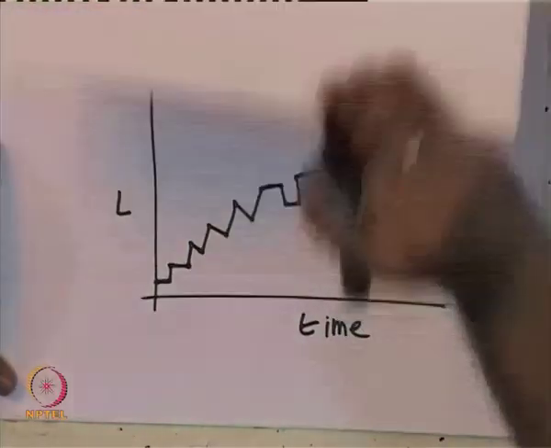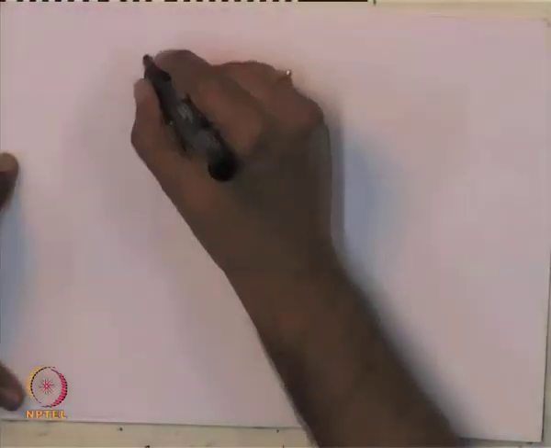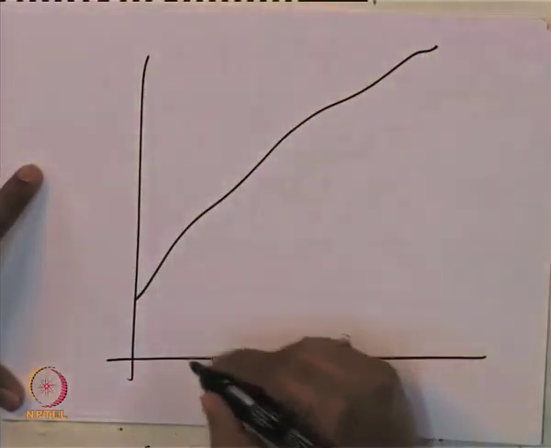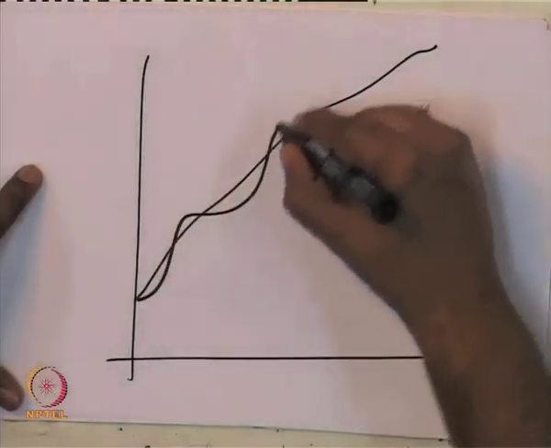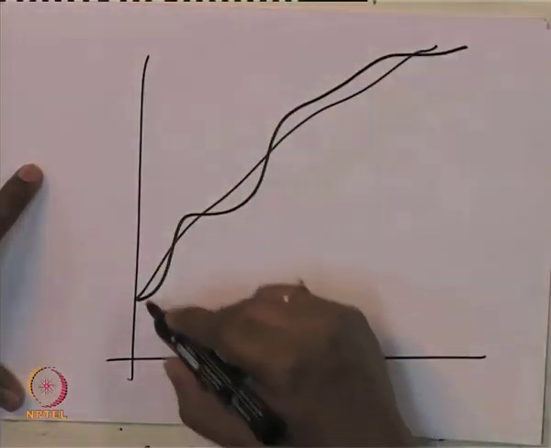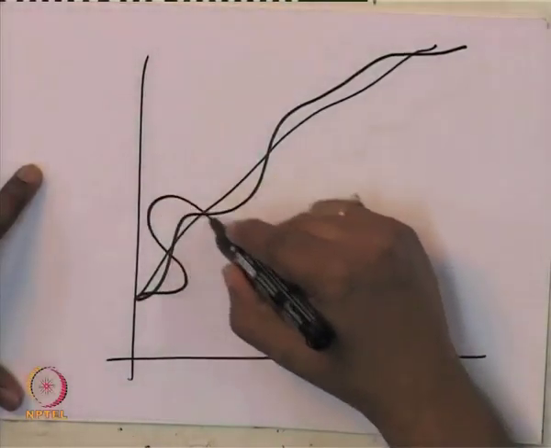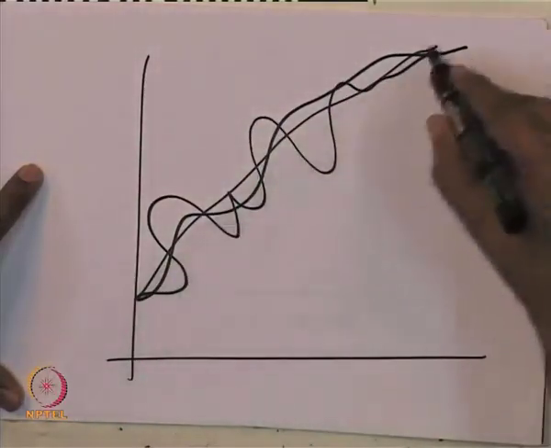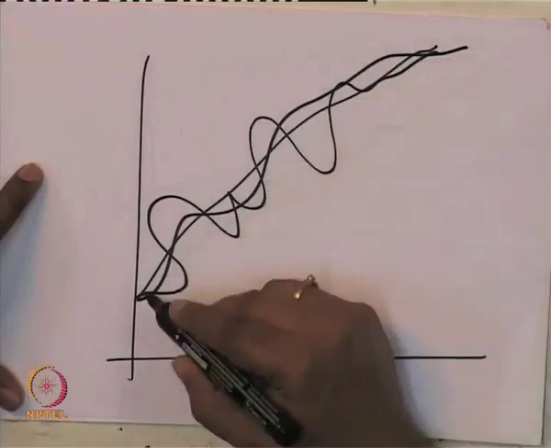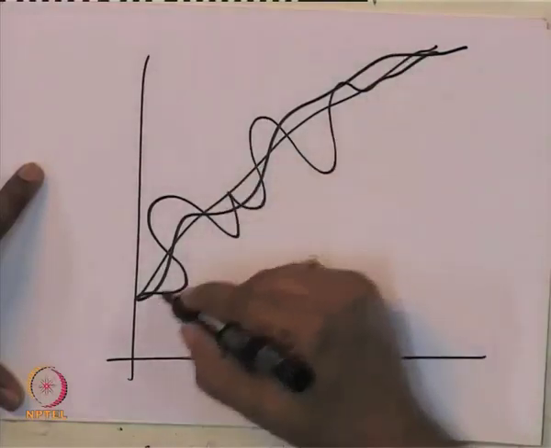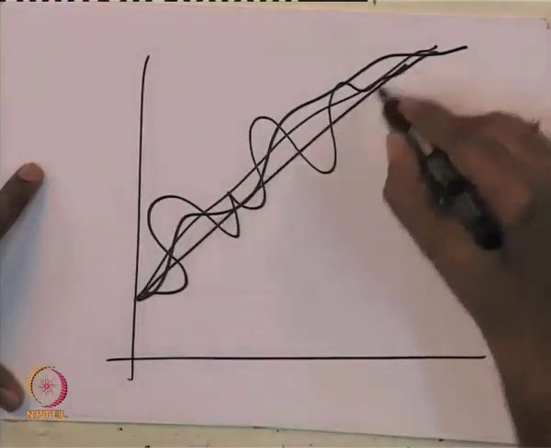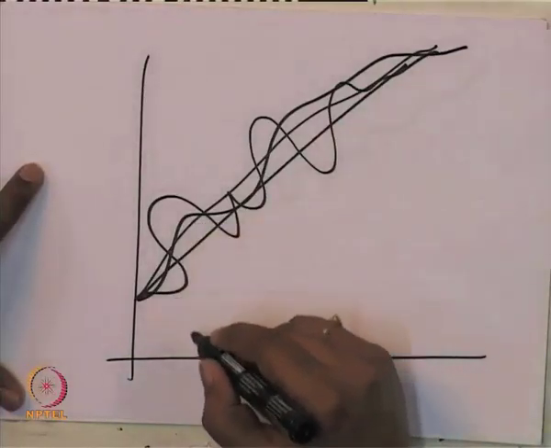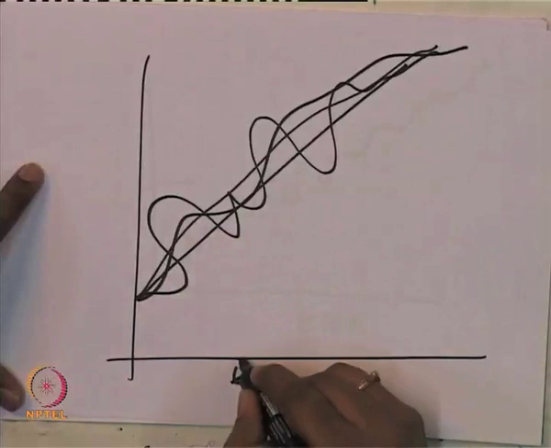You can think of doing many experiments. Let us say one experiment has length as a function of time like this, another experiment has length as a function of time like this, another experiment has length as a function of time like this. All of them on average have the same slope, same increase, but you can imagine that the length as a function of time can have different curves. So, now you can ask the question, after a time t,